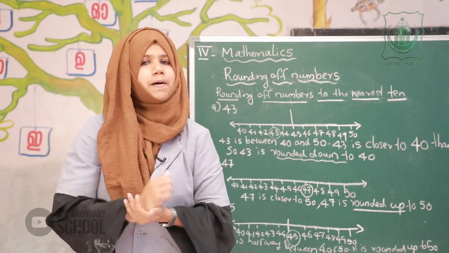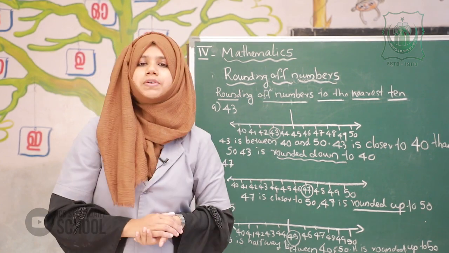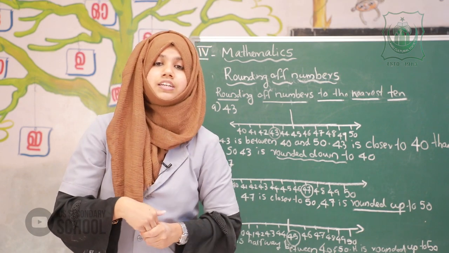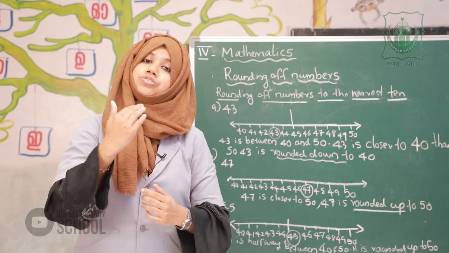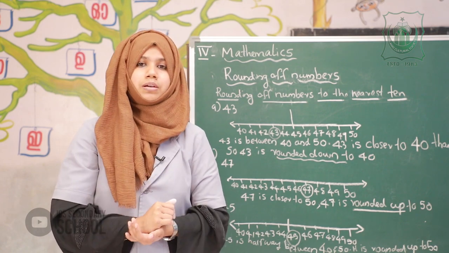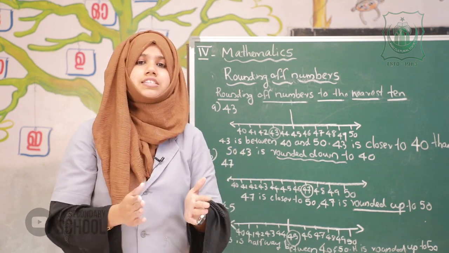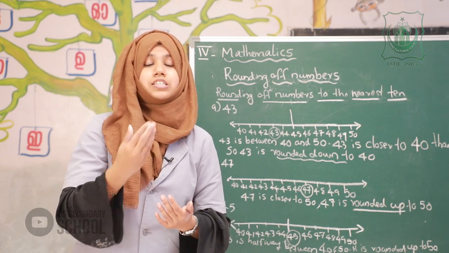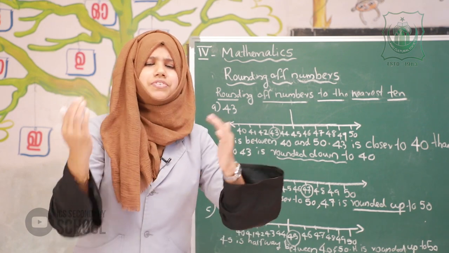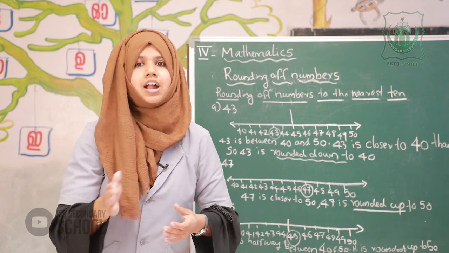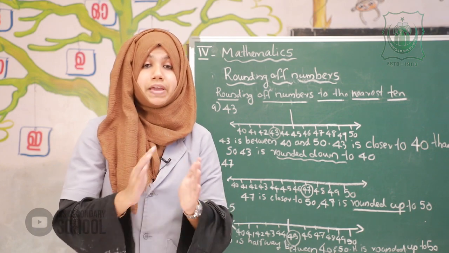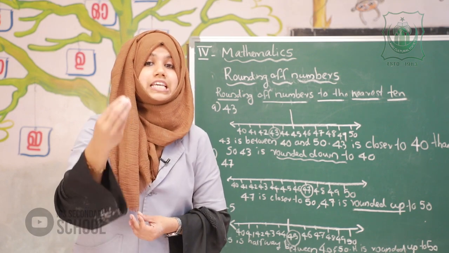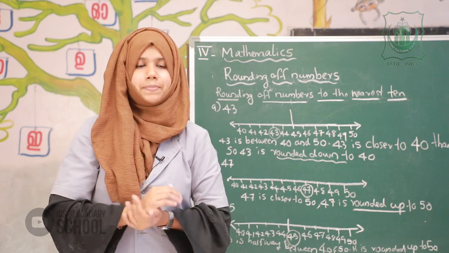Rounding of numbers. If I ask you, how old are you? Sometimes you say, it's 10 years, 2 months and 5 days old. But we just say that it is 10 years old. Sometimes a class consists of 98 students, but we say that it's about 100 students. Sometimes we may not write the exact number. We just say the number by rounding off the numbers.